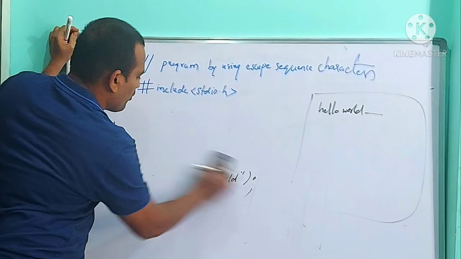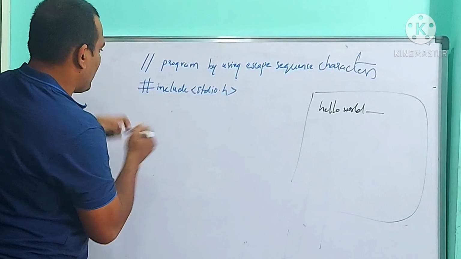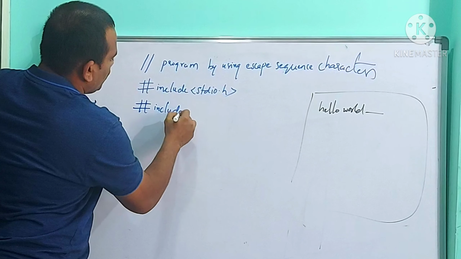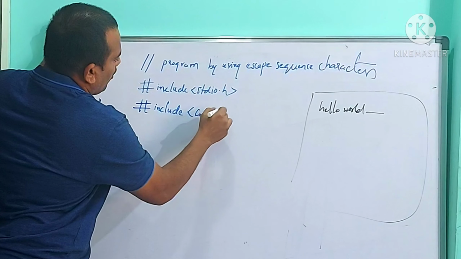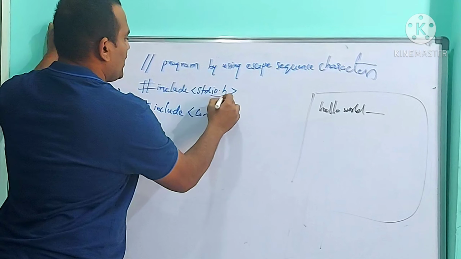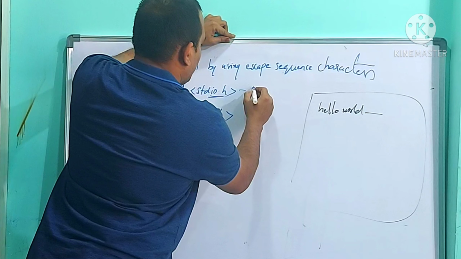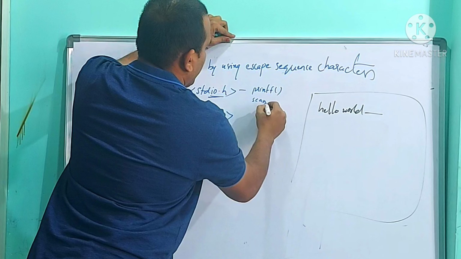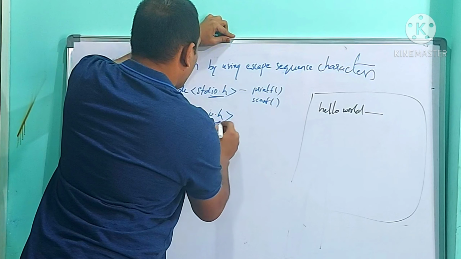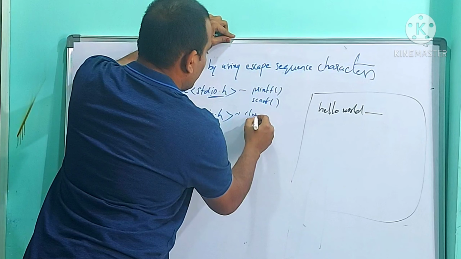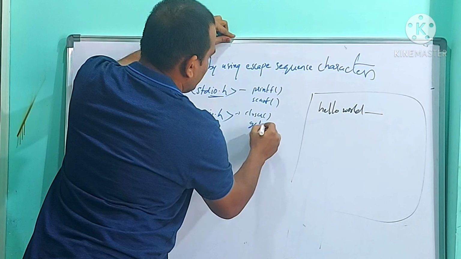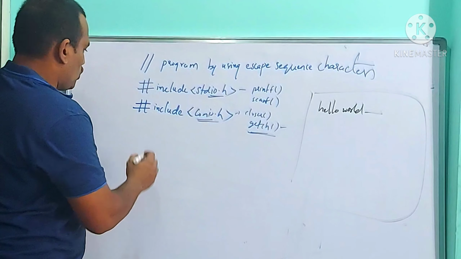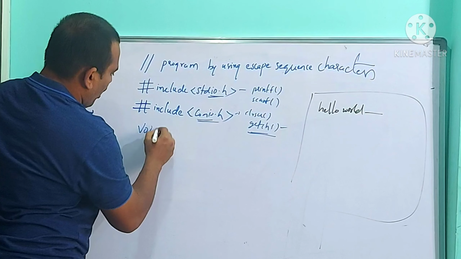So that's why I'm going to use one more header file, that is #include conio.h. Generally stdio is for the printf function and scanf function. Basically, conio.h is for the CLRSCR function and getch function. I will tell you the benefit of getch later. Okay, so then after the linking section, void main,